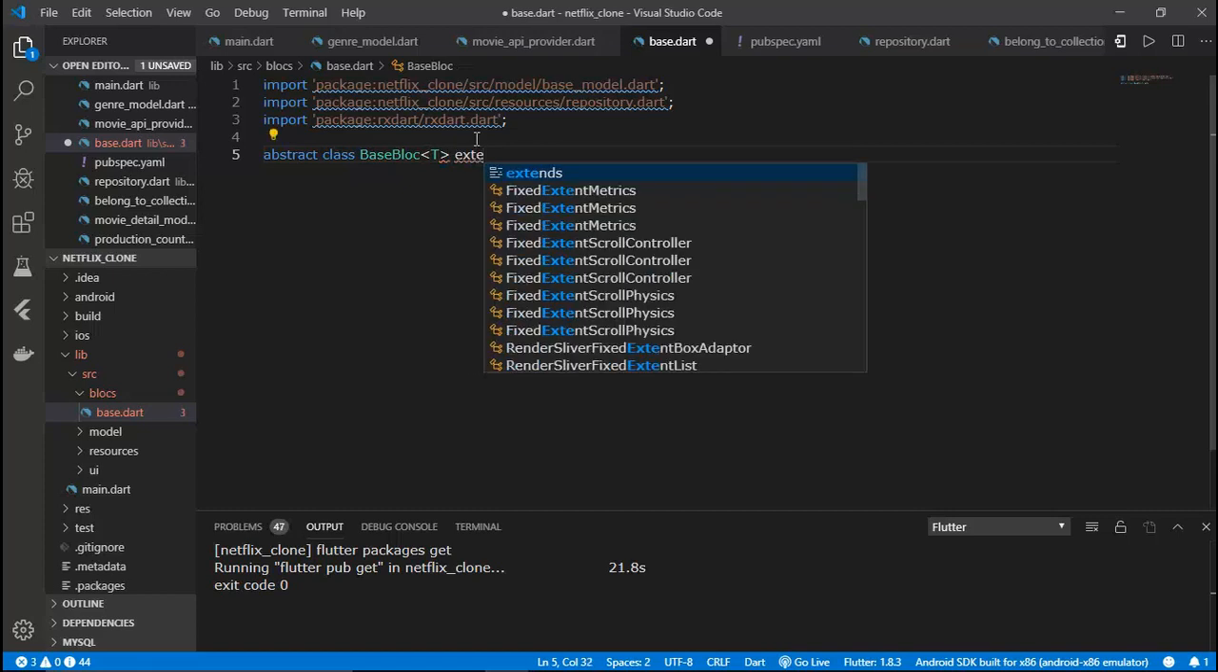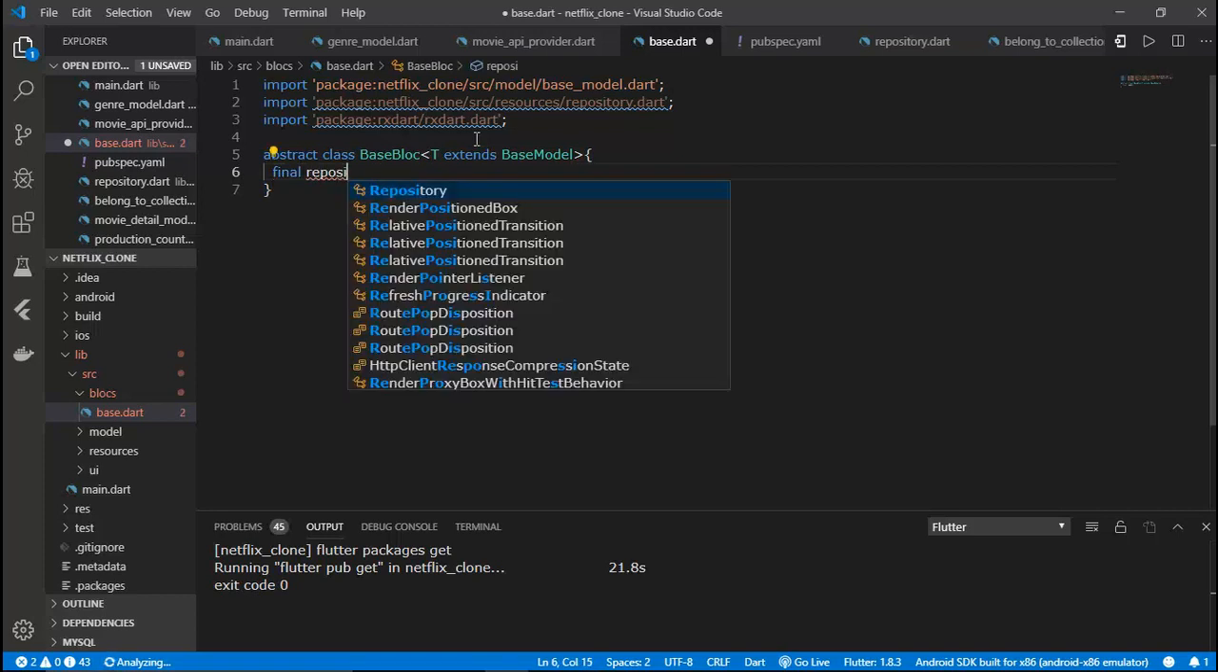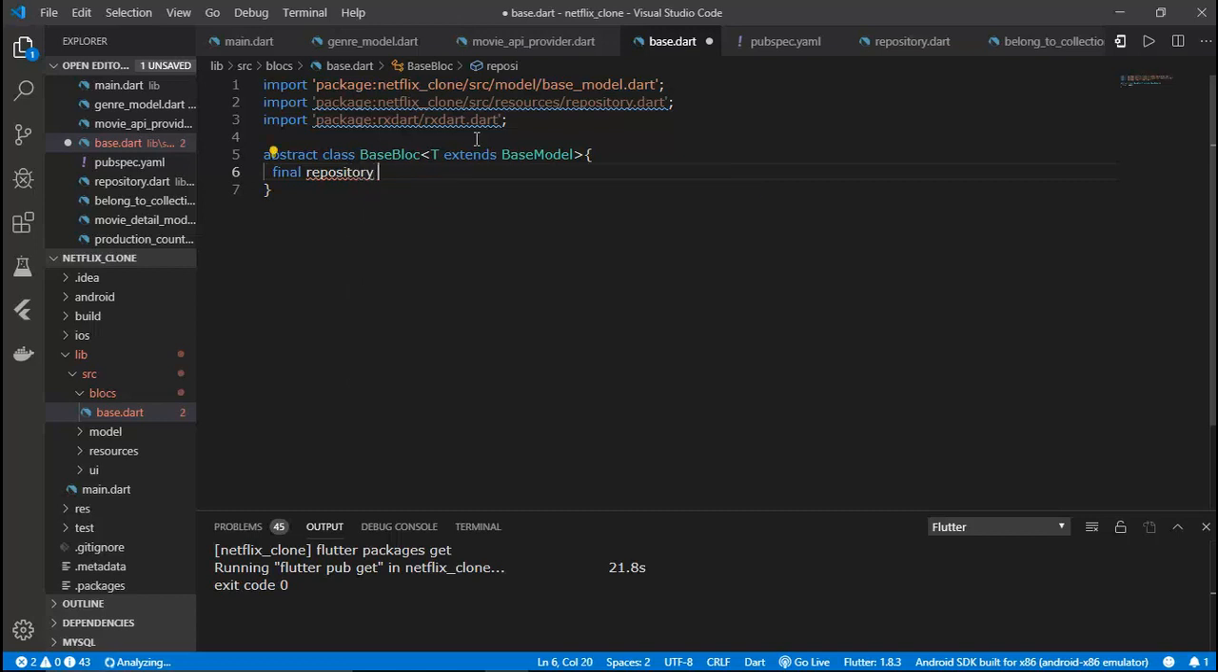So it will extend the base model, and after that we need to create the final repository. Need to set the repository. So repository equals repository,